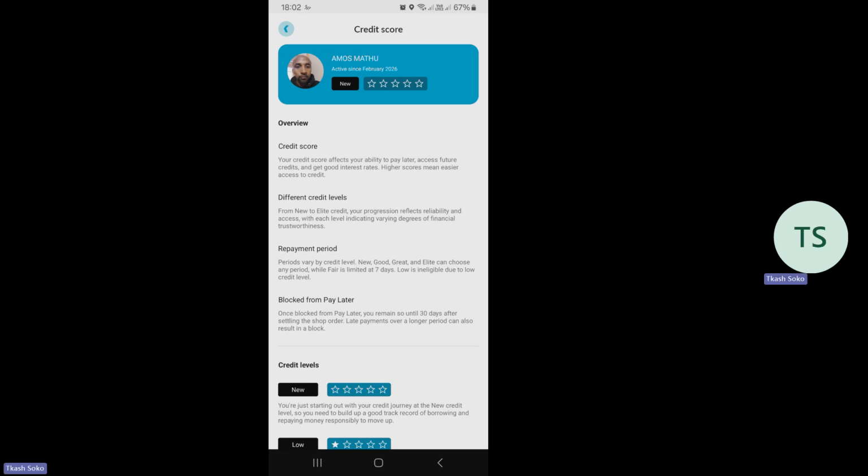So as we have seen, when we went to the spend today and touched the spend today, ilitupeleka kwa spending insights. Ikatuonyesha how the customer has been spending. So it has all the information about how the customer has been spending. So how the customer has been spending is what the app uses. Because remember, one of the advantages of this platform is the fact that it is AI enabled. So the platform being AI enabled, the AI is able to make decisions.